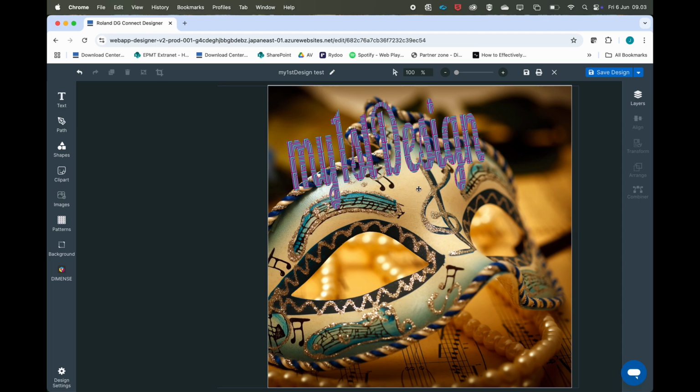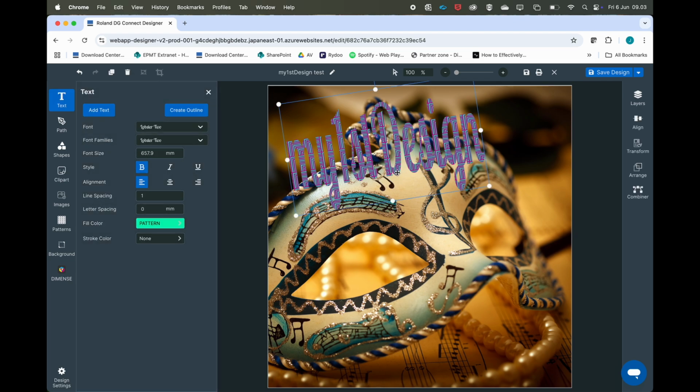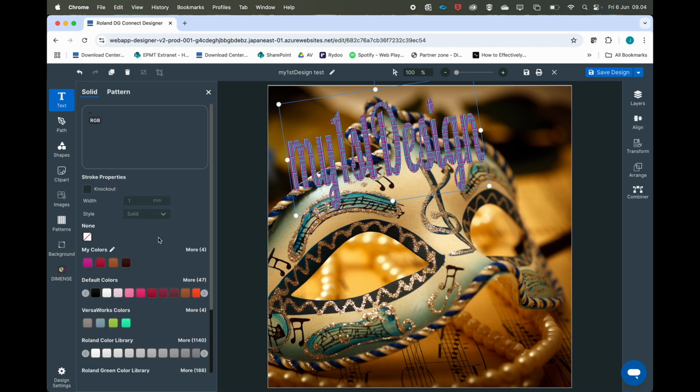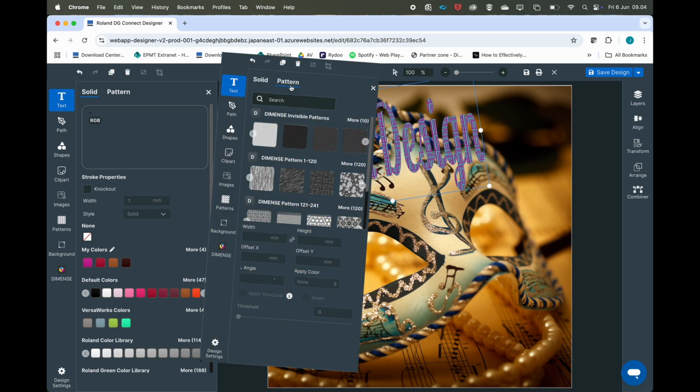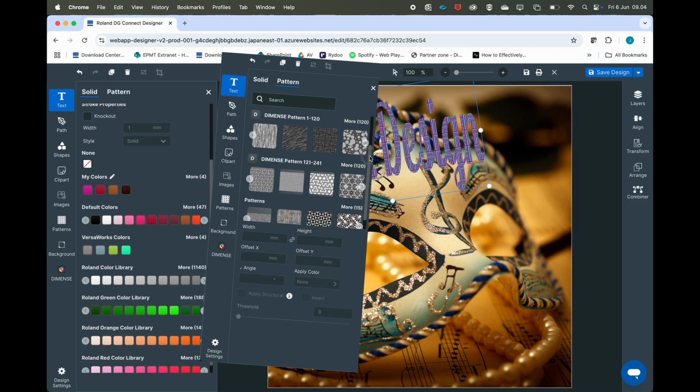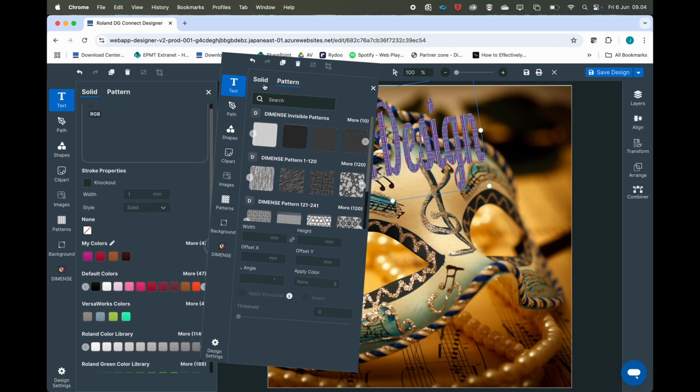Strokes can be added for any purpose and to any type of object, including text objects if it fits the design. But when working with structural ink in an object, adding a stroke is recommended, as it helps the object stand out and enhances the effect of the structure. Clicking the Stroke Color menu, I have access to all colors, which also includes the pattern libraries. A stroke does not need to be a traditional colored stroke, but could be a pattern instead.